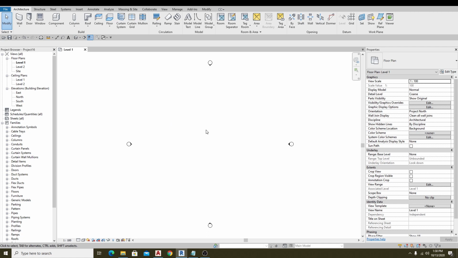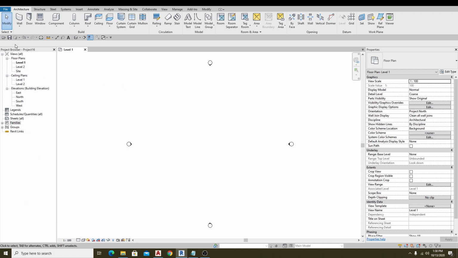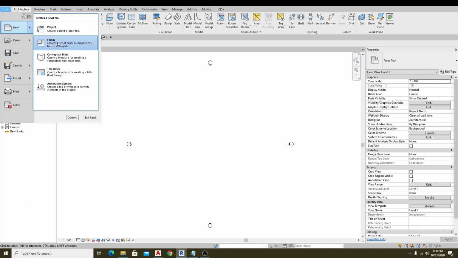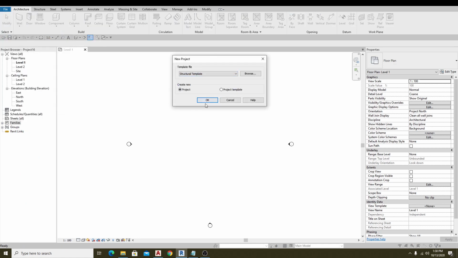What we are discussing here is about the template. Selection of a template brings the discipline, which means the architectural template will bring the whole families, and the project browser itself is set according to the architectural requirement. If you open a new structural project with a structural template here,